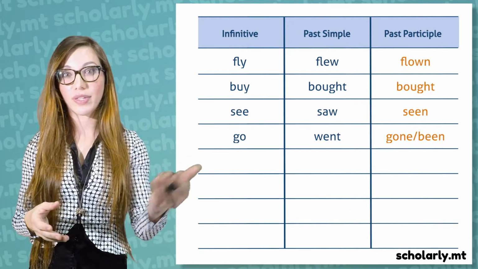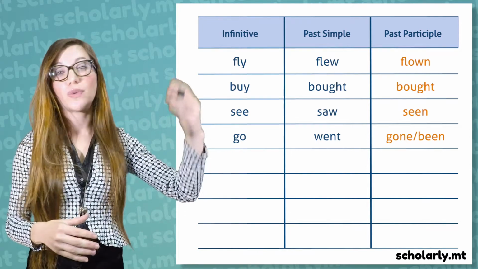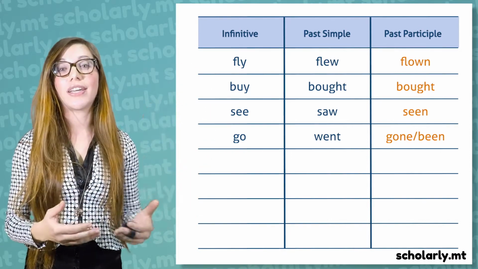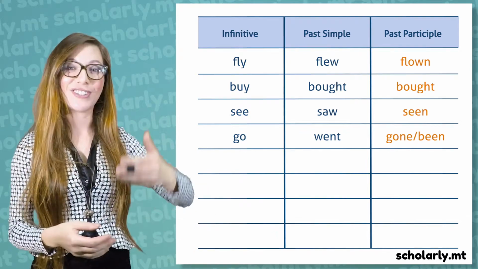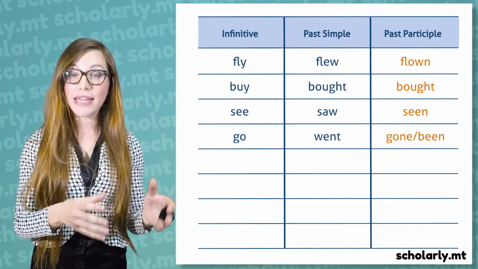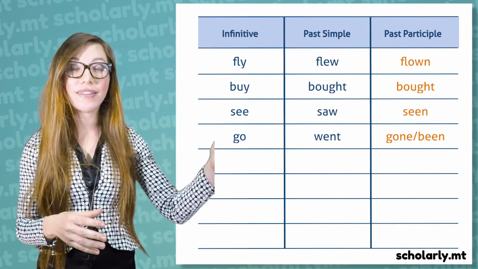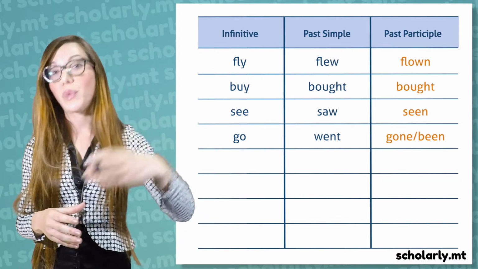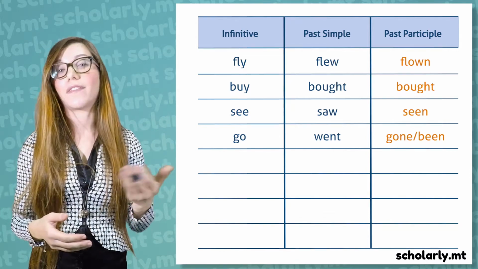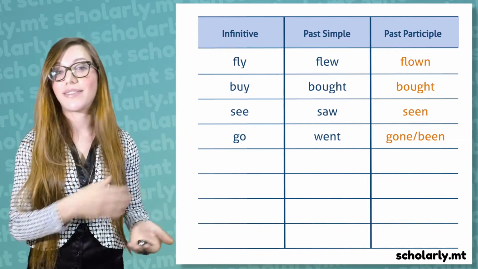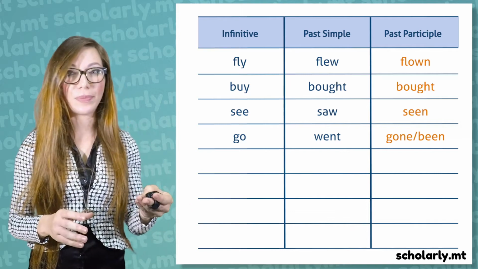So for example, with gone, if I am at the original place and I go to a friend's house or to another country, we use gone. So for example, where is Paul? He's not here, he's gone out. We use been when we also moved from the original place to that other place, but then we came back to the original place. So for example, I can say I've been to Budapest. I went there 2 years ago. So that's the main difference between gone and been.